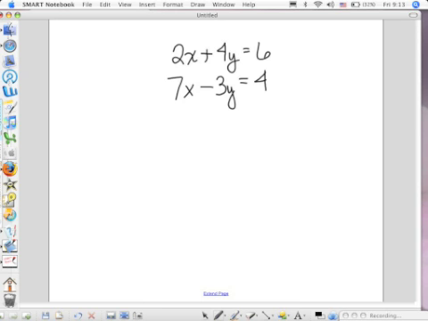All right, now if we were going to do elimination, my brain says, since I need one to be plus and one to be minus, and the y variables are already positive and negative, I'm going to take 4 and 3 and turn them into 12. Well, if I want this 4 to become 12, I have to multiply it by 3. That means I have to multiply everything by 3. If I want this to become 12,